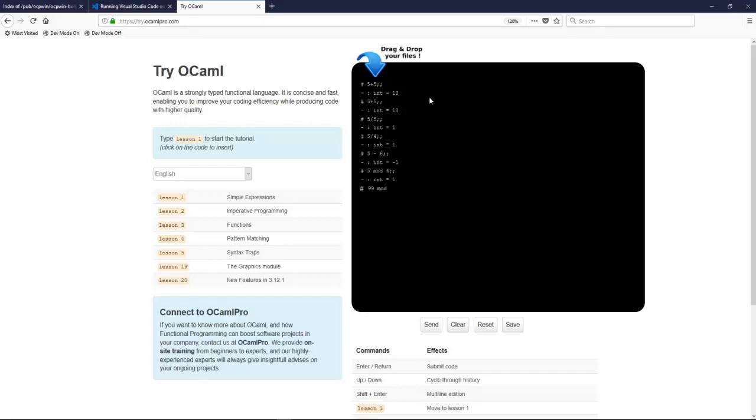So 99 mod 2 would be like 1. Again, we could divide up until 98, the remainder is 1. It's always pretty cool. It's pretty helpful in computer science. So with that in mind,